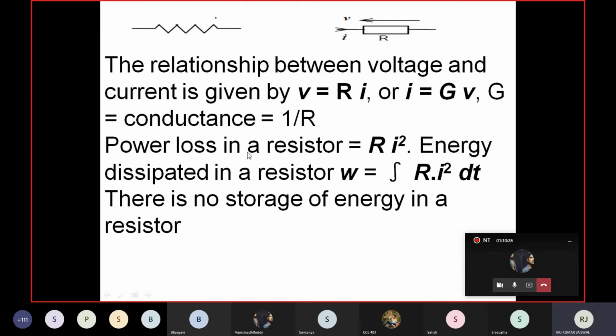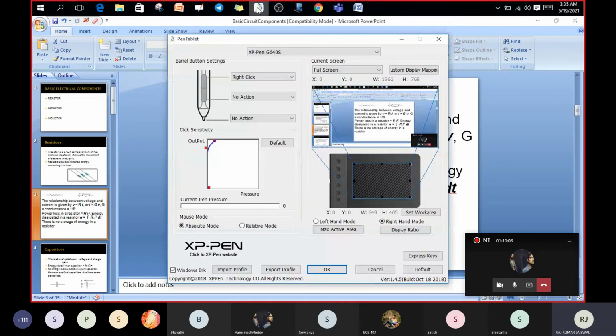Power loss is I square R, but energy loss is the integral of R I square dt. Why have they put the integration sign? Because they are going to calculate the whole thing, but I have written the formula after calculation. R is constant if one resistance is there, and whatever the amount of current is flowing, that is constant. Then what value you will get? We could write everything here. Wait a minute.